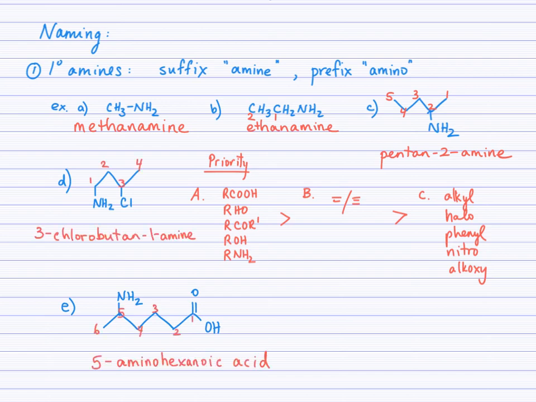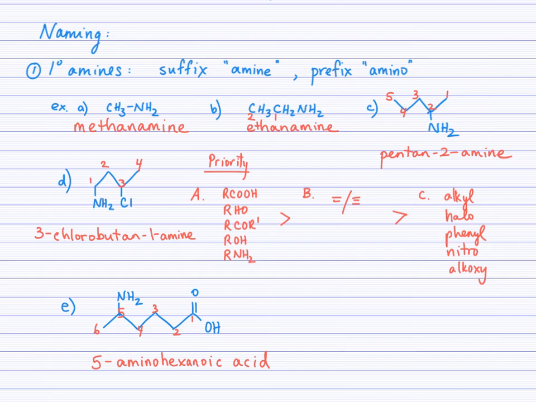In example D, you'll notice the presence of the amino and the chloro group. Looking at our priority list, the amino group is in group A and the halogen is down in group C, which means that we will name this molecule as an amine. And so we number to give that highest priority functional group the lowest possible number, which is why I'm numbering from left to right. So we finish with butane-1-amine. Where's the chloro group? Off of 3, and so